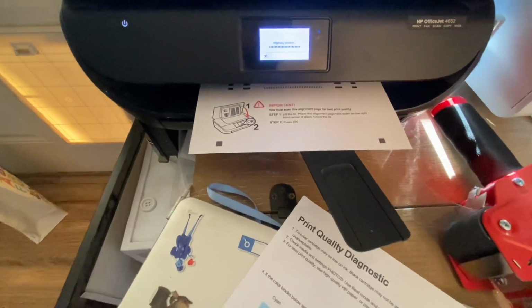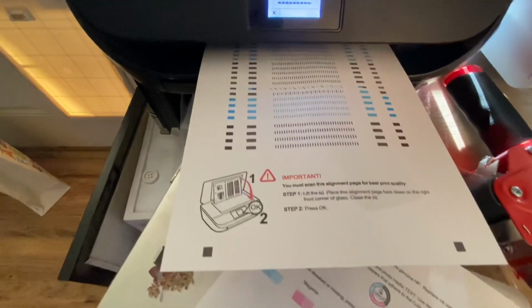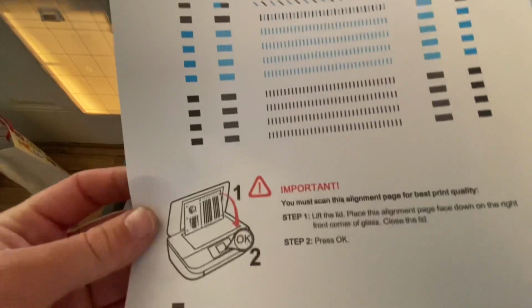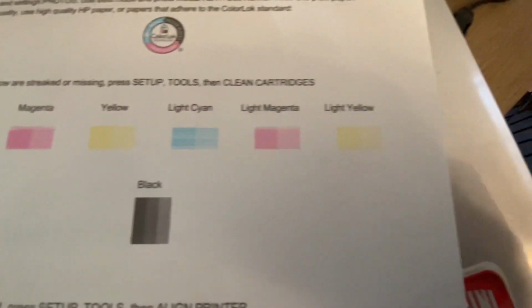I know the black looks like that, but I have refilled it in the same exact manner so you guys can see that it also is... Oh, look at that. Blue, too. Look at that blue, the black, and the red. I think the only thing we don't have in here is yellow. But we also know that the yellow is working well because there's yellow there and there's yellow there. So, as you can see...